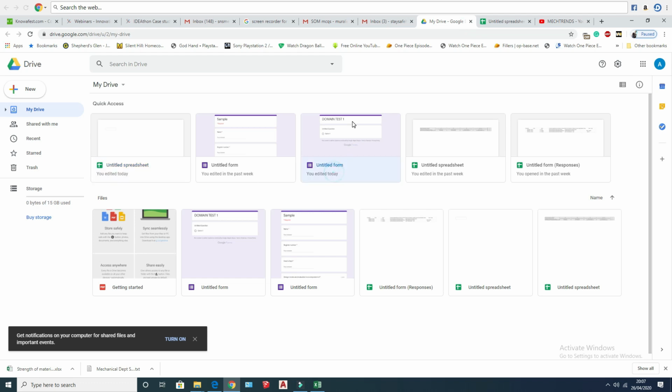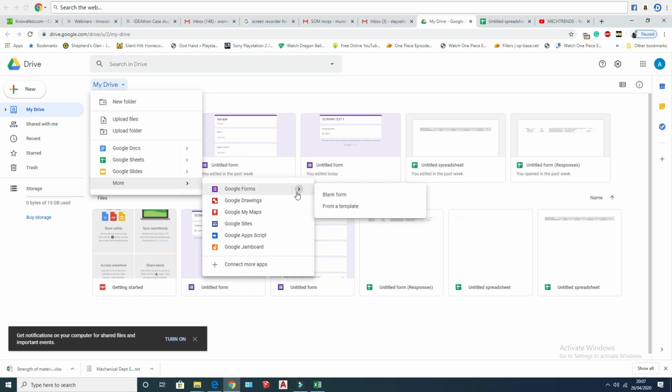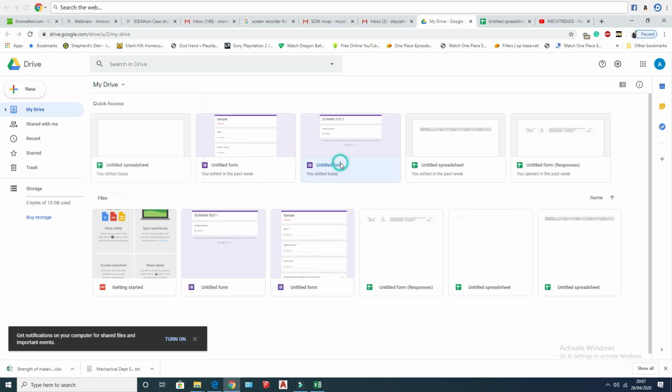Now we have to create a Google Form by using more and create Google Form, blank form. Similarly, I have created one earlier.